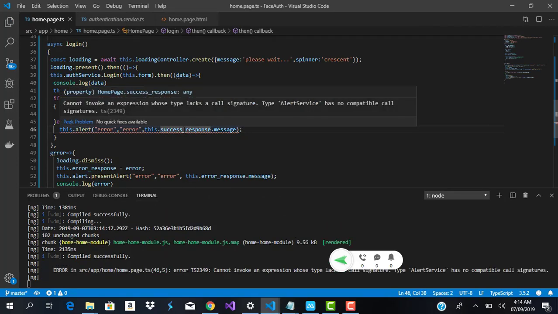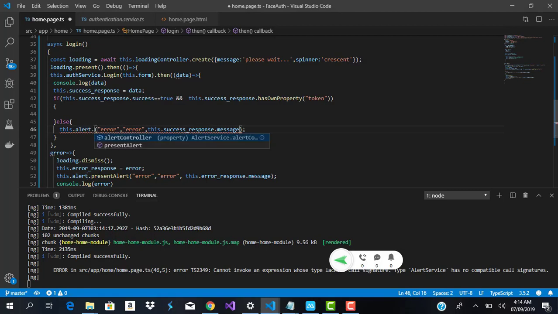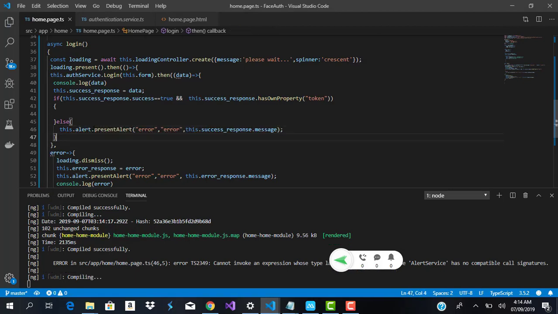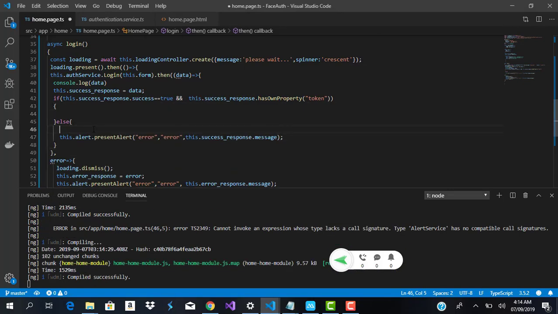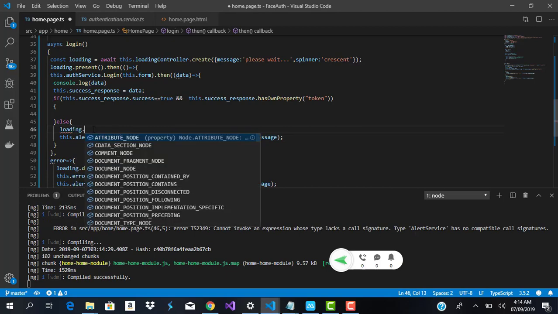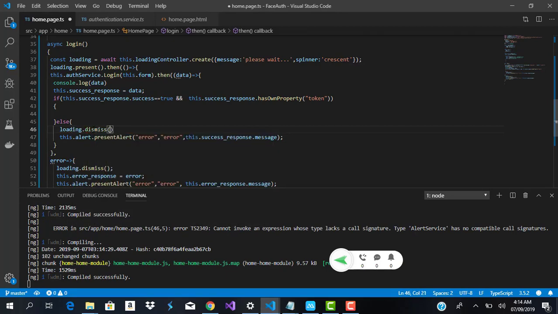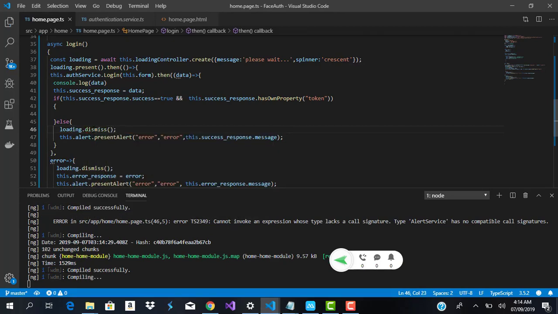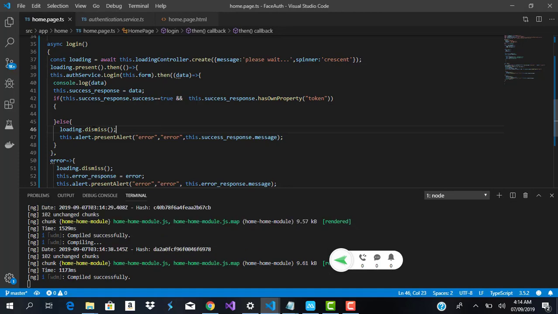Why? Because cannot invoke an expression whose type lacks a call signature. Oh, sorry, we have to pass present alert. Alright, so now we also need to dismiss our loader, so loading dot dismiss. And now once we have actually logged the user in, and we have gotten basically the